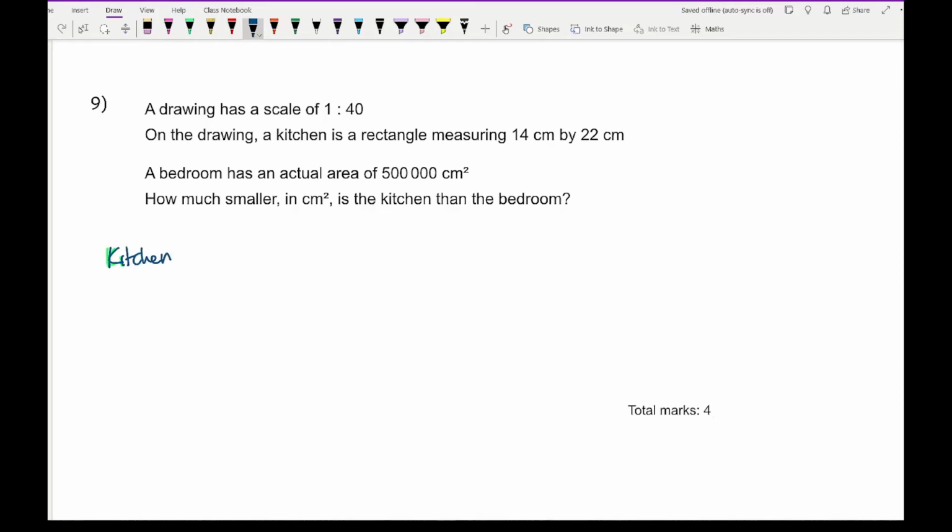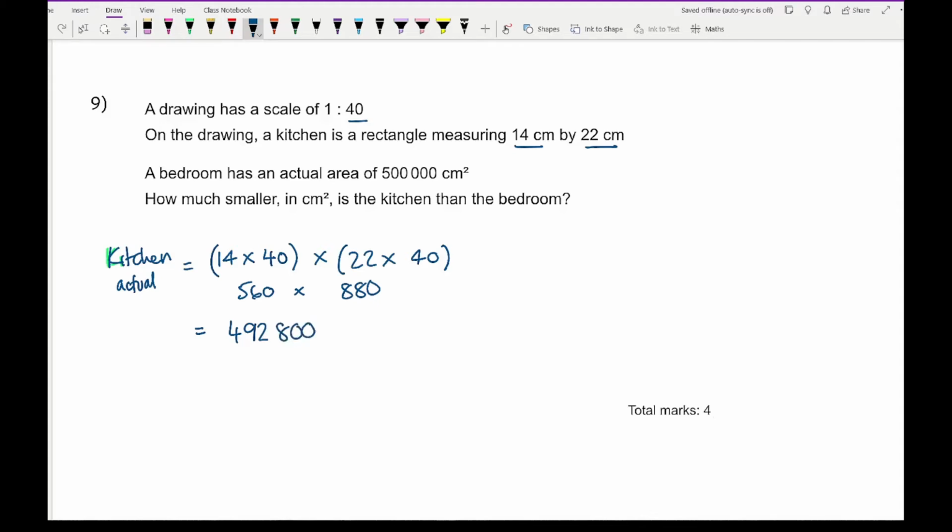Now for this, we need to multiply each of these measurements by 40. So the actual measurements are going to be 14 times 40 multiplied by 22 times 40. Now if I work that out on my calculator, 14 times 40 is 560, multiplied by 22 times 40, which is 880. If I then multiply those two numbers together, I get an answer of 492,800 centimeters squared. So what I then need to do is subtract these two